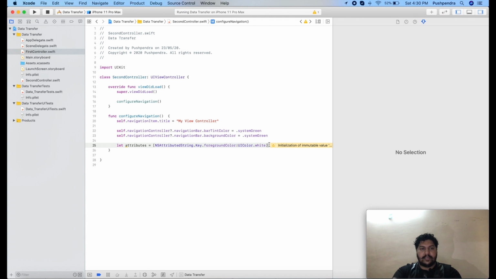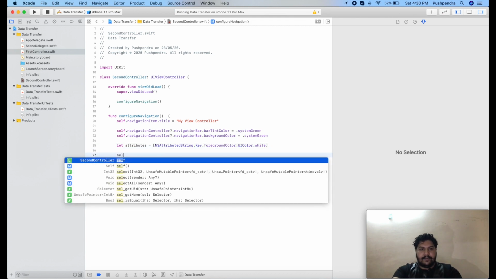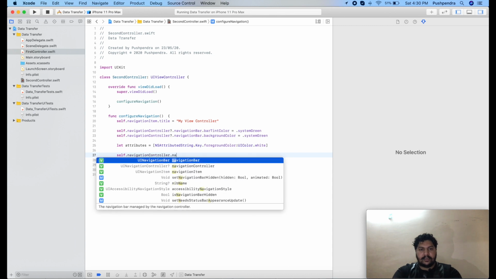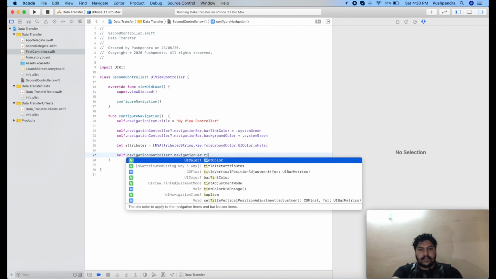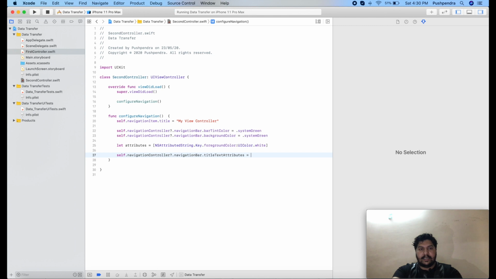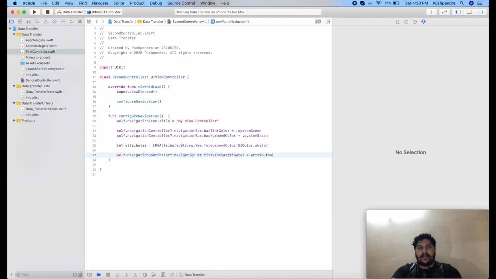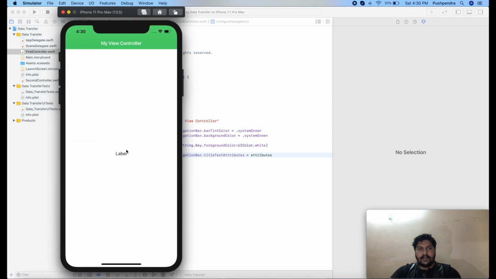So how can we do that? self.navigationController.navigationBar.titleTextAttributes equals attributes. Now if we see the output, then the output will be our desired output. Click on. So you can see the color has been changed.